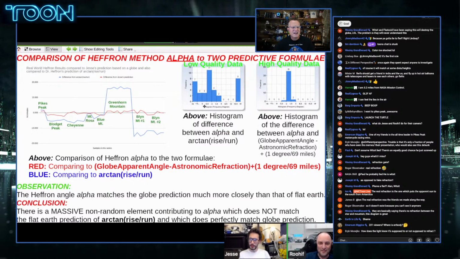So anyway, as more data was gathered, well, the big first snafu was Greenhorn Mountain, which came out 2,000 feet too high. And at first Alan was like, well, then the published height is wrong. And then I'm like,